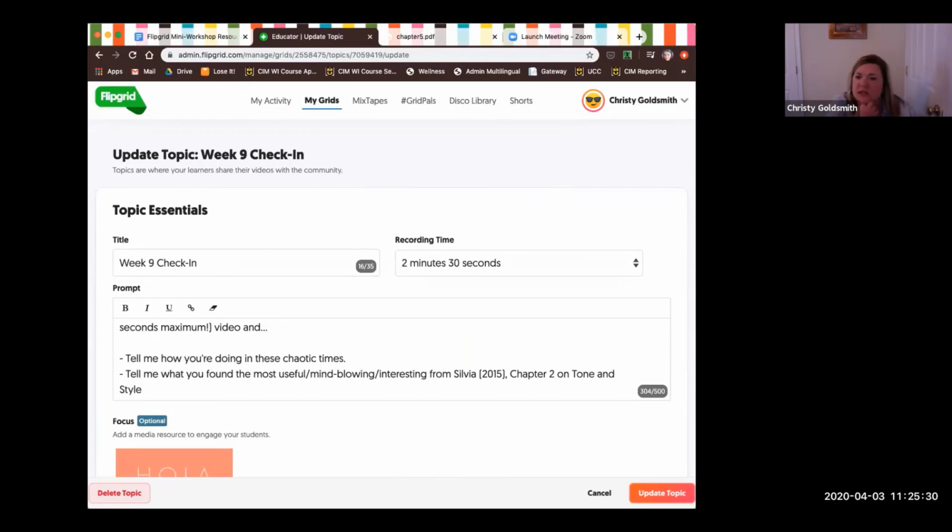Steve says it looks like one share option for grids is the embed code. So grids can be embedded in pages in your Canvas course. Yes, that's correct. No, I don't know how to do that. The extent of my embedding is linking within my sentence. So I've been saying, go to this FlipGrid, and then I'll highlight this FlipGrid and add the link to it. So I would love to do some investigation of that, Steve.